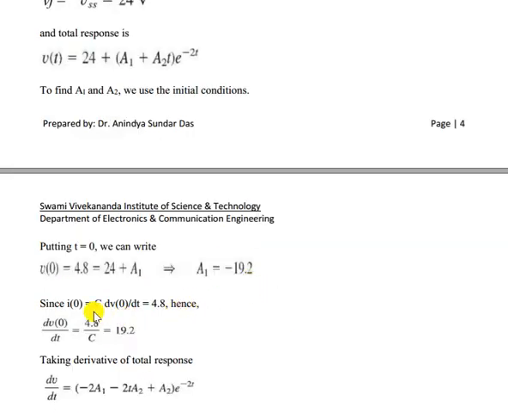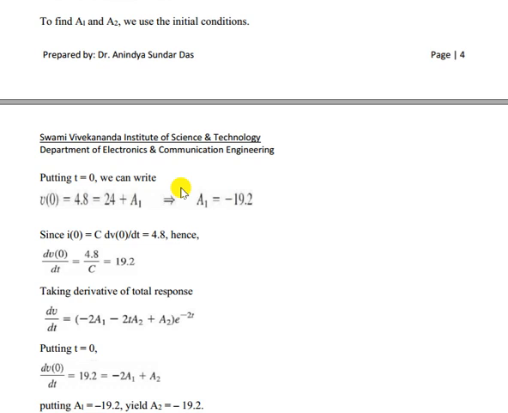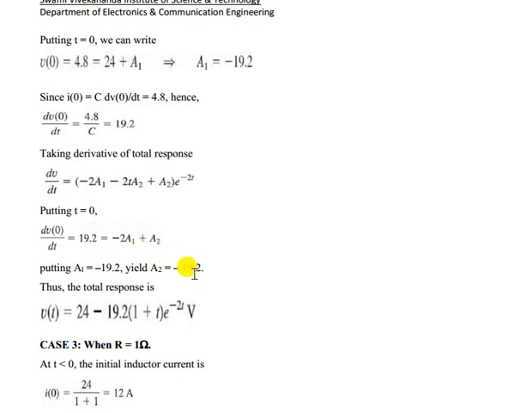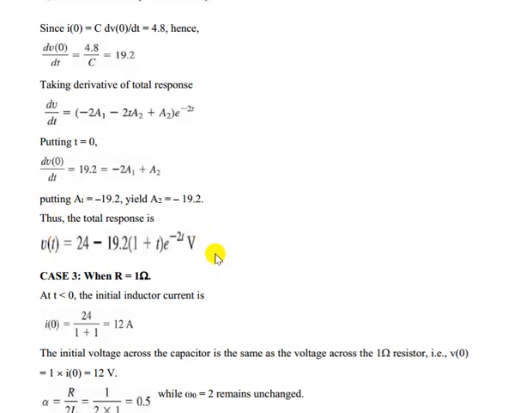Now I equal to C dv/dt, so you can find out the dv/dt value, that is initial current I by C. And then you have to differentiate this particular total response. By differentiating, we got this, put t equal to 0, and by putting the dv0/dt value here, we got this expression. You know the value of a1, we can get the value of a2, okay. Then we can put the values of a1 and a2 in that particular total response equation. We will get the particular total response equation.